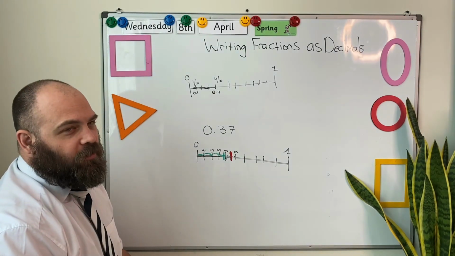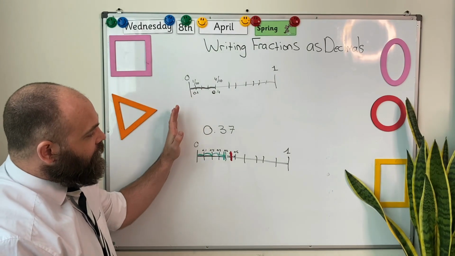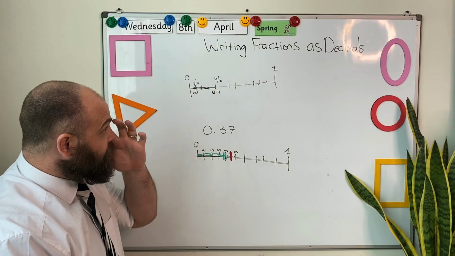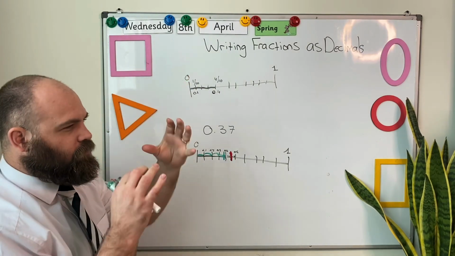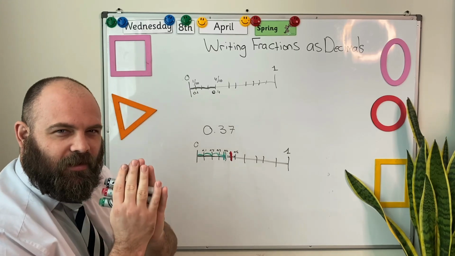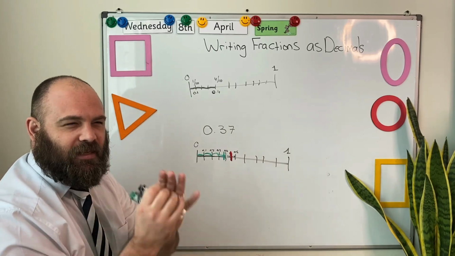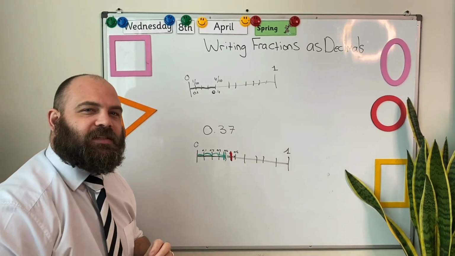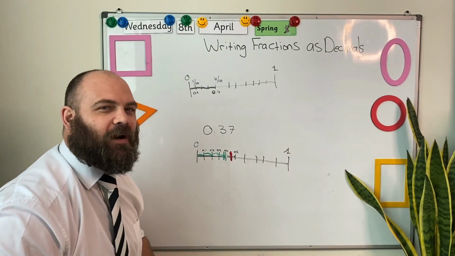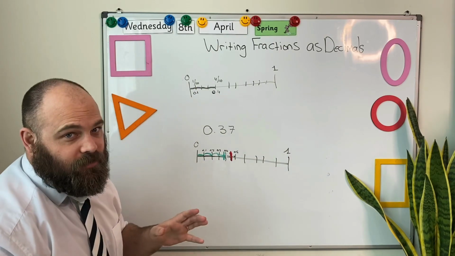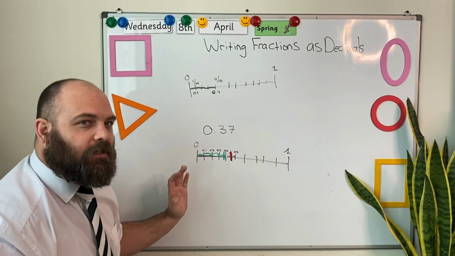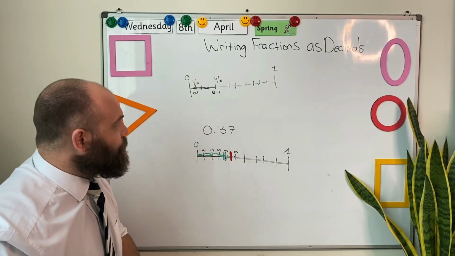I hope that you guys have understood what I've tried to explain here. I know it might be a little bit difficult to try and think about whole numbers split into 10 equally sized pieces, and each of those 10 equally sized pieces being split into another 10 equally sized pieces to give you hundredths. But if you can figure that out, then this should be quite a manageable concept for you. Now,